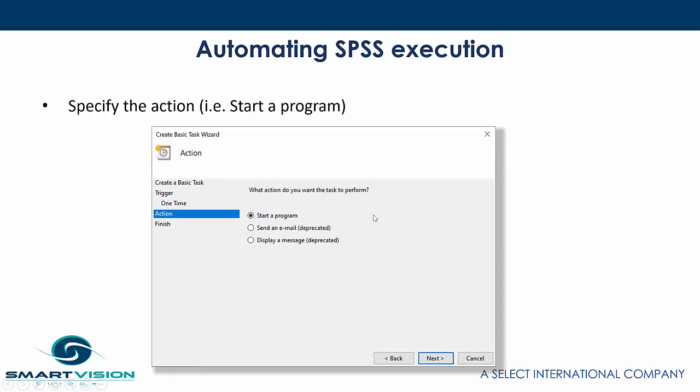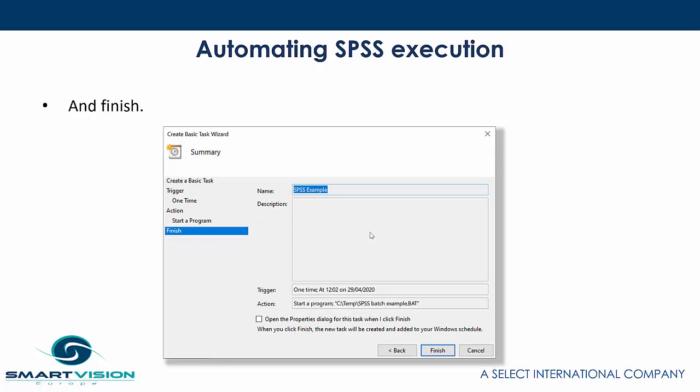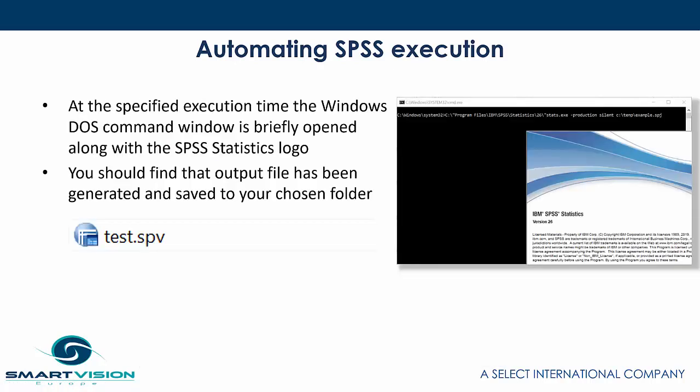I want it to start an executable, which is the SPSS executable. And it says, how am I to start this executable? And you say, use this .bat file. So you simply browse to the .bat file, and you get ctemp SPSS batch example.bat. That's going to contain all the information to execute it. And you hit next again, and you finish it. And then after a minute or so has passed, you'll see once again that the Windows DOS command window briefly opens along with the SPSS statistics logo,